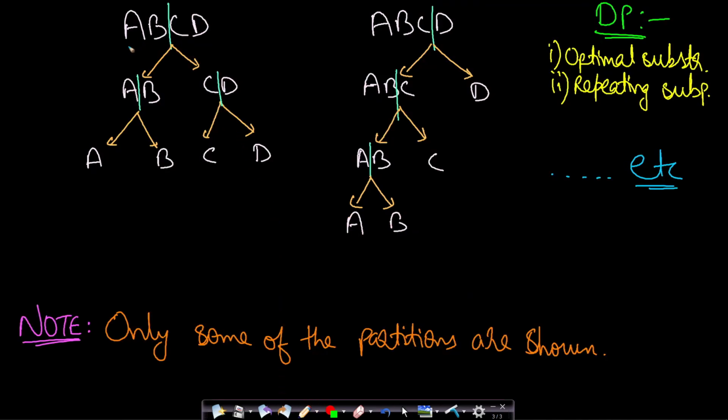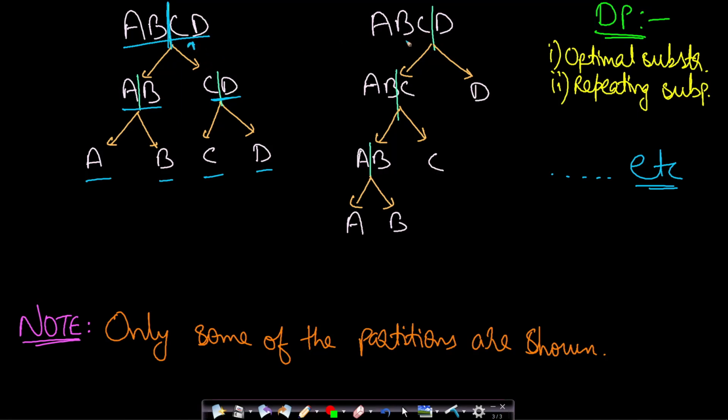Now let us take 4 matrices. We will be taking A, B, C, D, and let us assume certain configurations in which we will be breaking it. Let's assume we are multiplying A, B, C, D. Then we can partition between all these points. We will assume that we partition between B and C. If we do that, then AB will be on the left hand side, CD will be on the right hand side. Again we can partition it into A and B, and similarly for CD we can partition it into C and D. Once we try this partition, we will try other partition points.